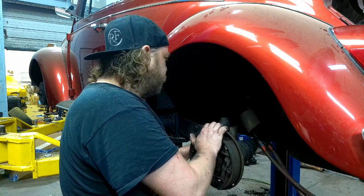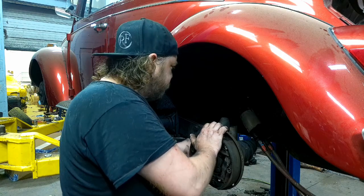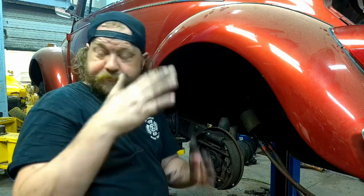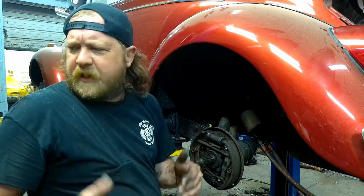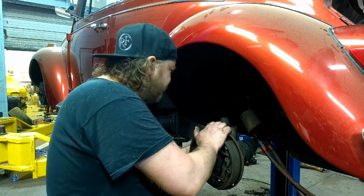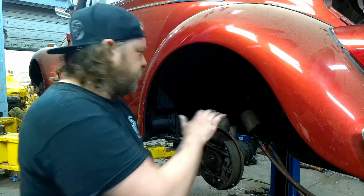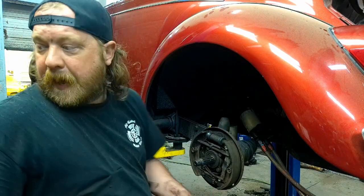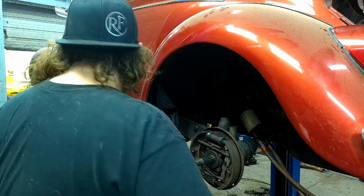What happens when you start overtightening these things is you start flattening, mushrooming, whatever you want to call it, that flare, and it ends up not sealing anymore. So then you progressively start tightening and tightening and tightening, and eventually it's, crap. So